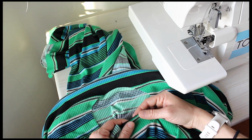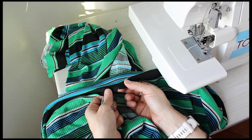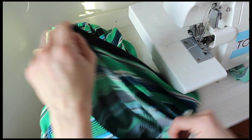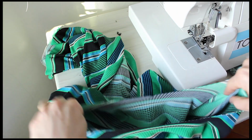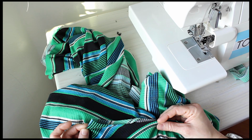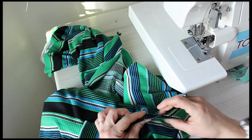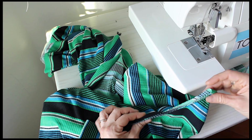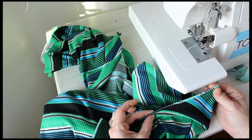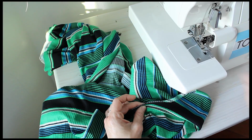You may find it slightly difficult to see, but I did clip my center back and center front notches. And the next thing I want to do is fold the neckband. This neckband in particular does not have shoulder seams, which I don't always necessarily like to use as a reference anyways, because shoulder seams are not always at the halfway point between the center back and the center front. And what we want to do is find that halfway point so the neckband attaches evenly all the way around